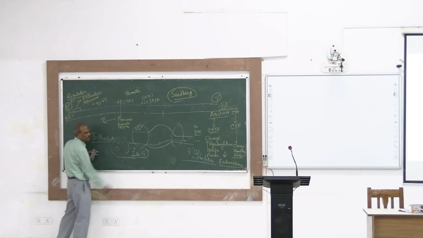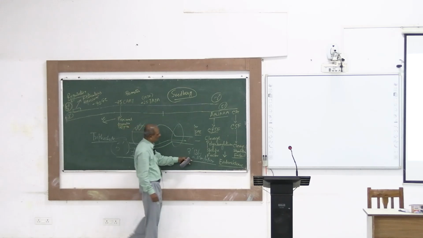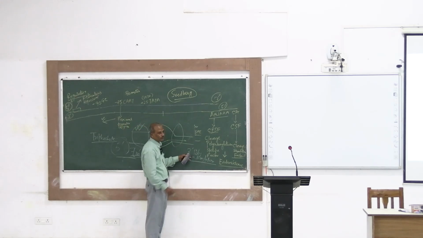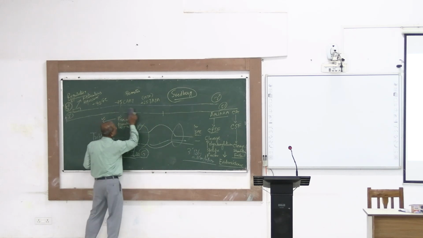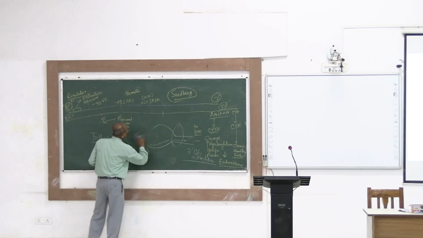That will form 7-methyl guanosine, and 3' polyadenylation will be done by the polyadenylate polymerase. Poly-A tail will be formed. So, polyadenylate polymerase will be the enzyme, and once this is formed,